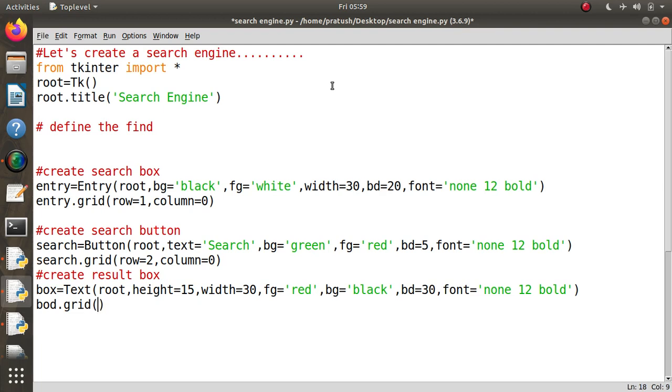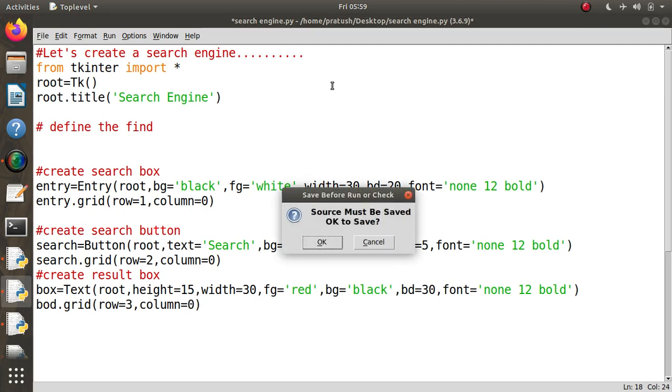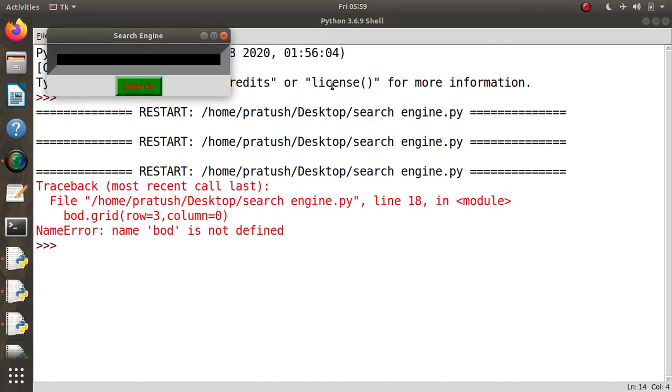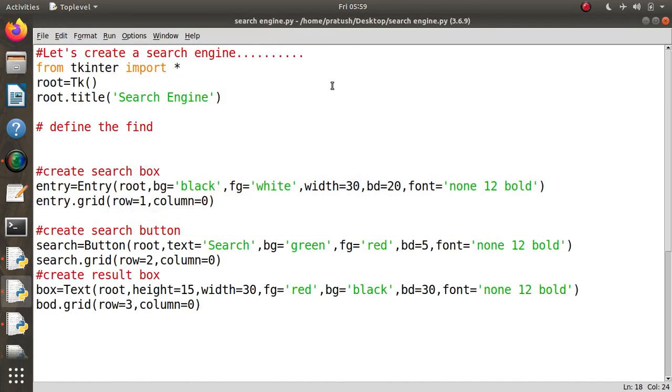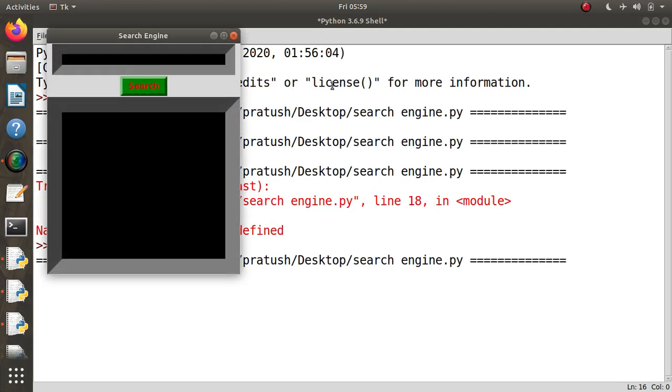We will put it in row equals 3, and column equals 0. In the 0th column we will take it. Again let's run it and see the output. There is an error. I have written board instead of box. Let's check it again. Box, and run it. We have made this much till now.